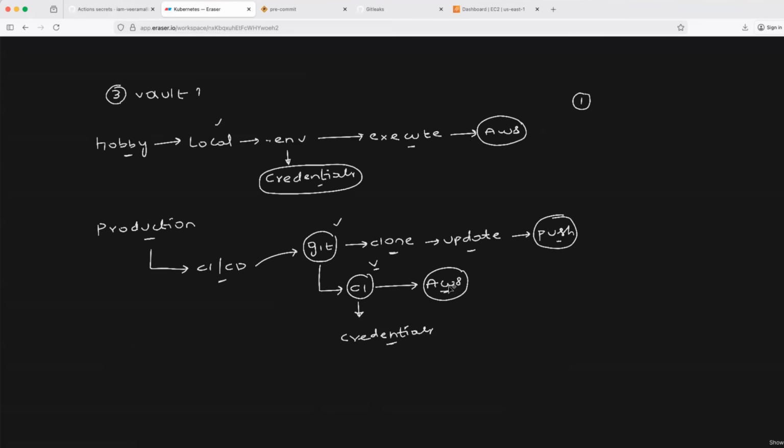Resources are not created by Abhishek's user AWS credentials or XYZ user's AWS credentials. Everything will be created using the CI credentials. So there is accountability here. Who is accountable? CI is accountable. On top of that,